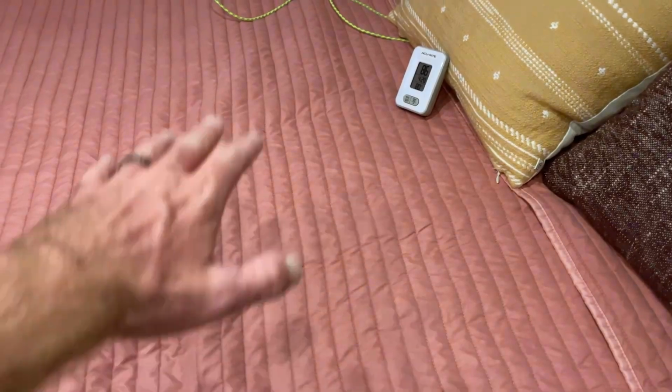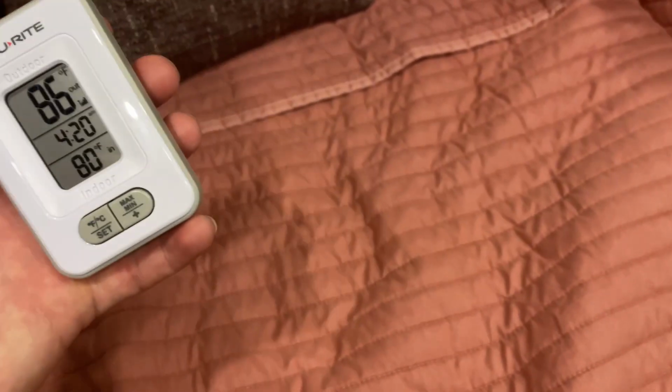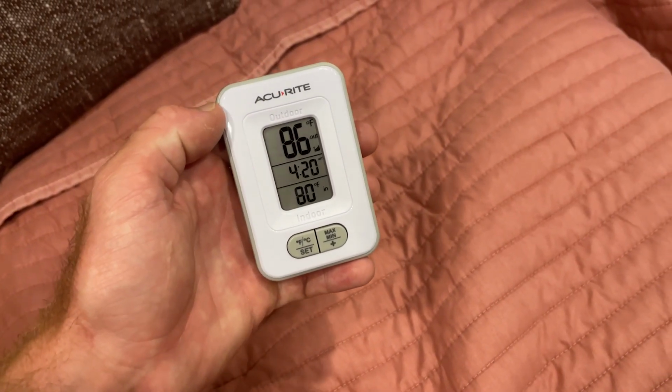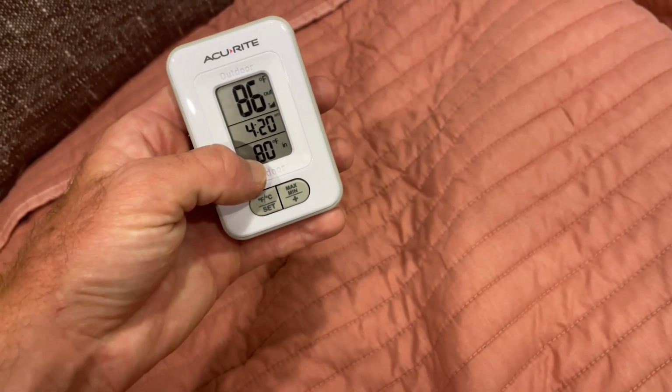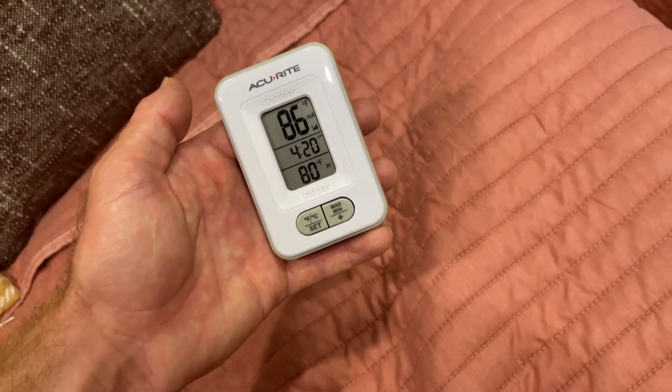And I'll show you. On our thermometer, the air's not blowing directly on it, but I just put it in the middle of the bed so that it gets an idea of the temperature back here. I've got another one outside that is in the shade. So outside in the shade, the temperature is 86 degrees today. And inside the van right now, the ambient temperature is 80 degrees. So that's not huge, but a pretty